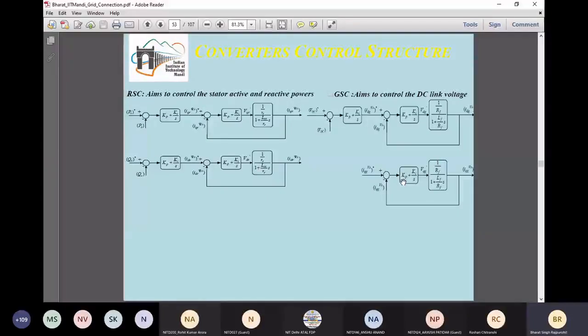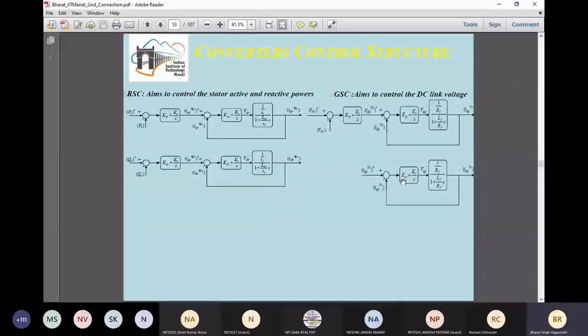So this is how, by providing a control structure, the grid side converter can also be controlled. In this case, still we are not utilizing the grid side converter completely, because we can utilize this grid side converter as an active power filter also for the compensation of the harmonics at the point of common coupling. So this can also be done. So this is how different control philosophies can be there for the control of the converters of the doubly fed induction generator. It depends on the requirements and the application, that how much is required.